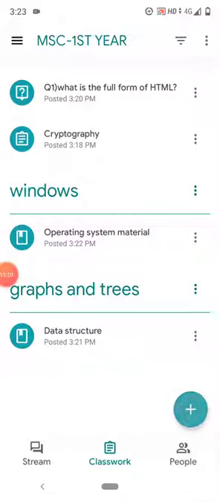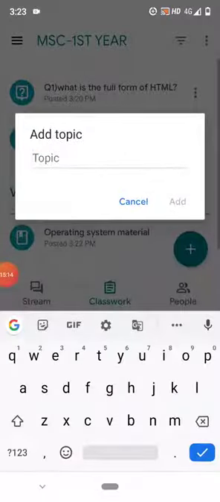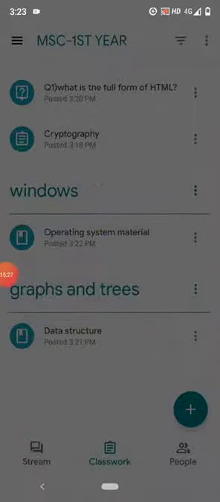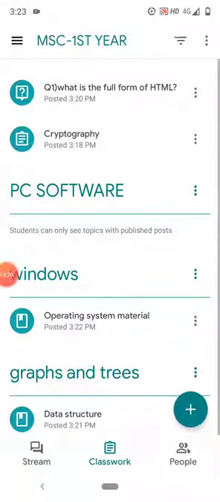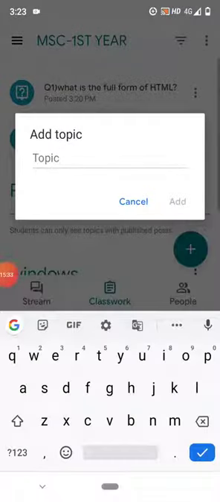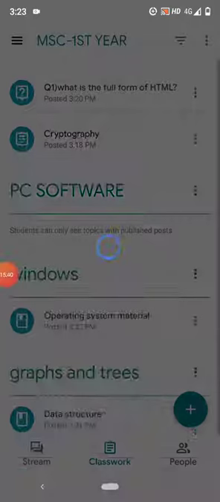So the next one, this is all under the classwork tab. So the next one is topic. Which topic you want to add? Like I want to add PC software. Press the add button. If you want to add more topics, click on plus icon, add topic, Linux, add.